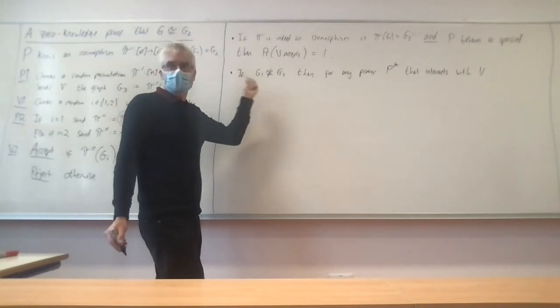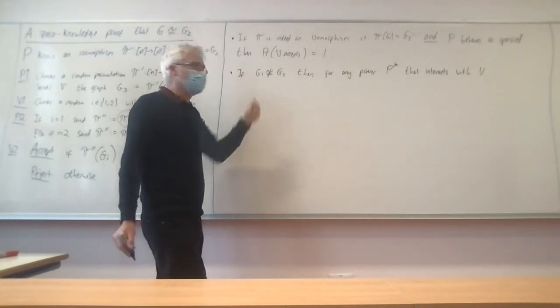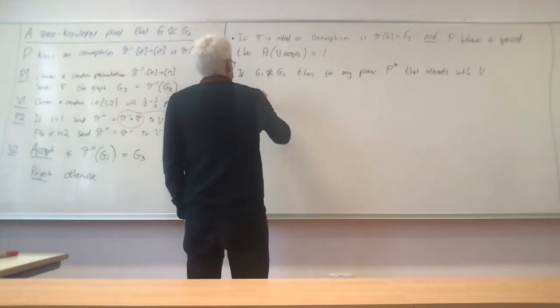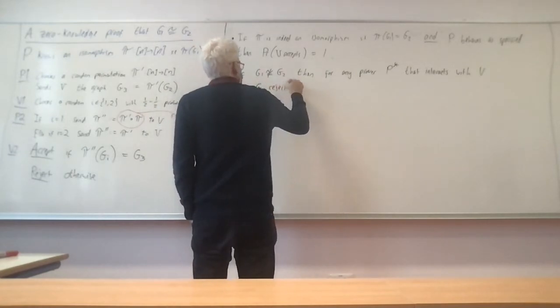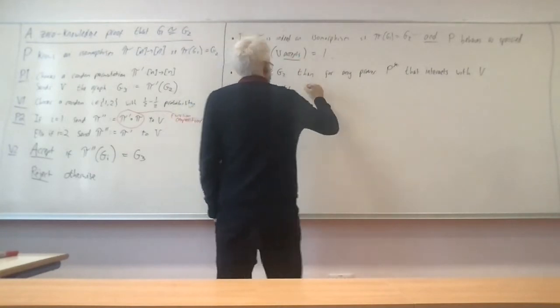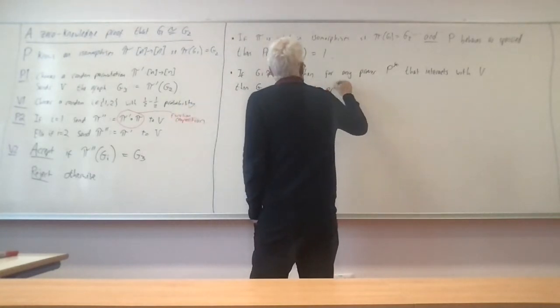Reject means I'm detecting that the graphs are not isomorphic, and we want that to happen with high probability. So then V rejects with probability